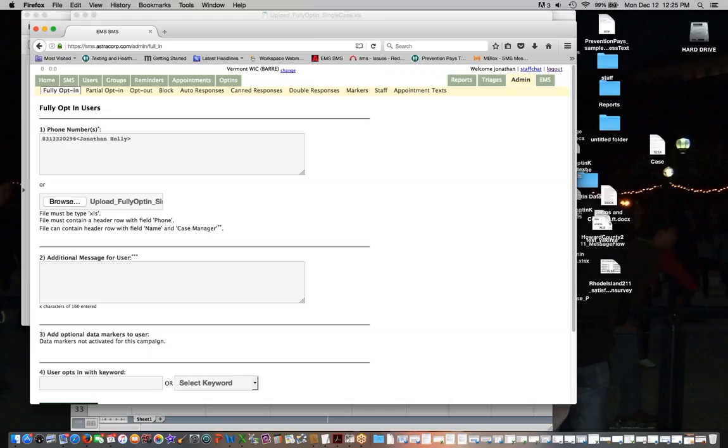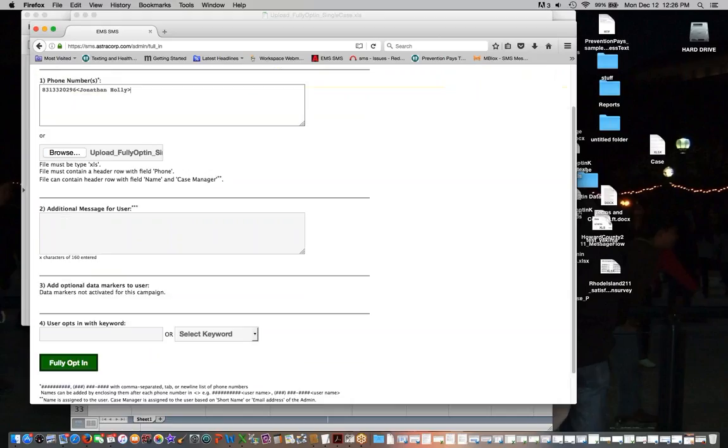Because if you hand type it out, that might take a little time, and we want it to be as efficient as possible, especially if you've got a whole bunch of mobile numbers at the beginning. So you're taking an existing caseload and saying, we want to start to get these clients enrolled. And so once you have the file ready, either the name of the client and the phone number here,